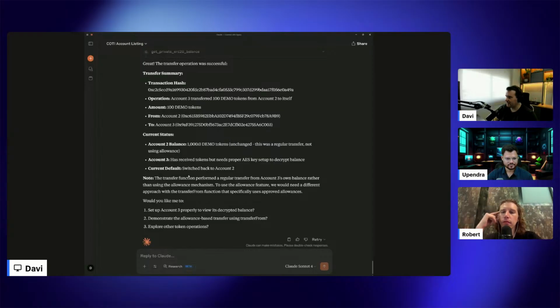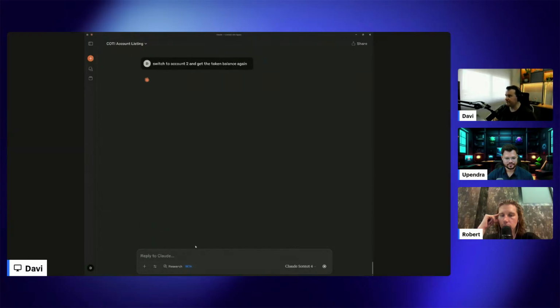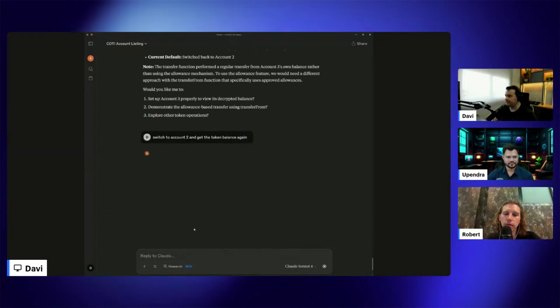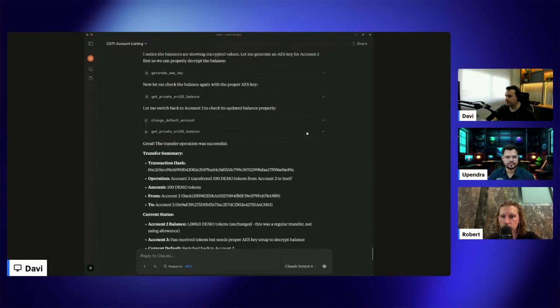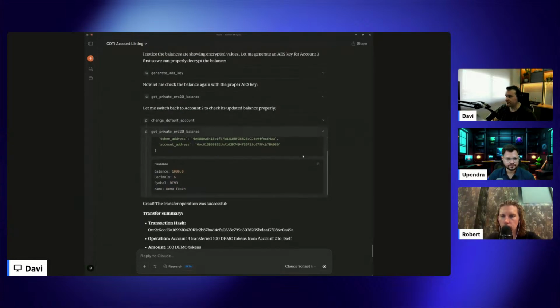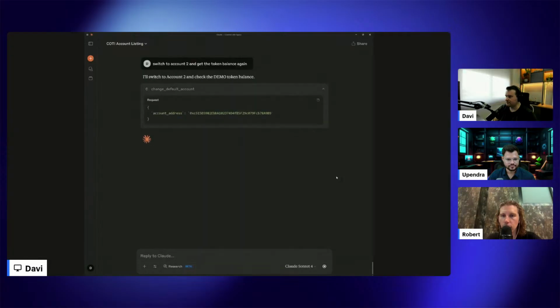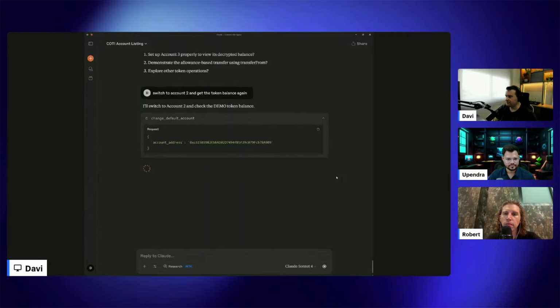Probably need to call the balance again, switch to account 2 and get the token balance again. Changing account.